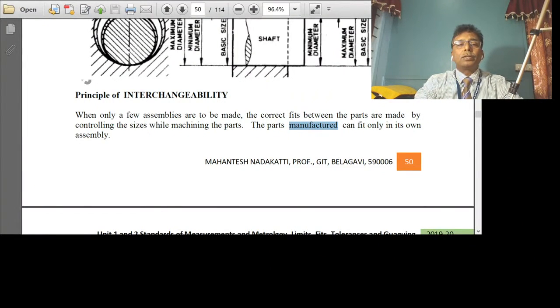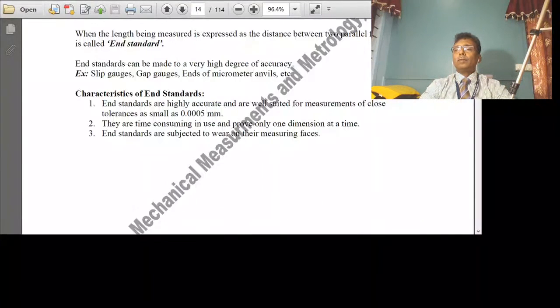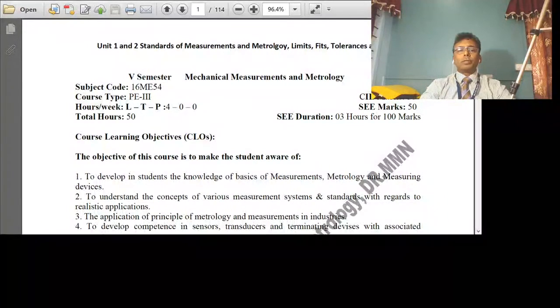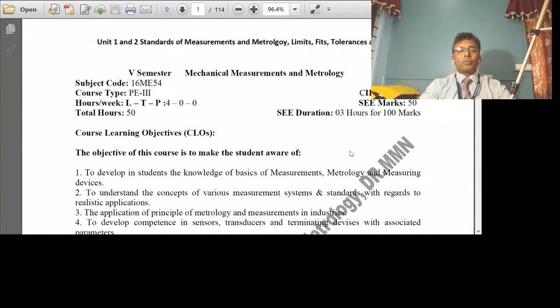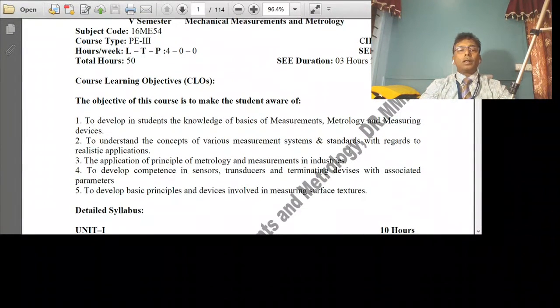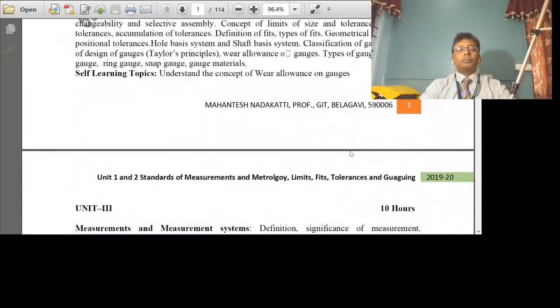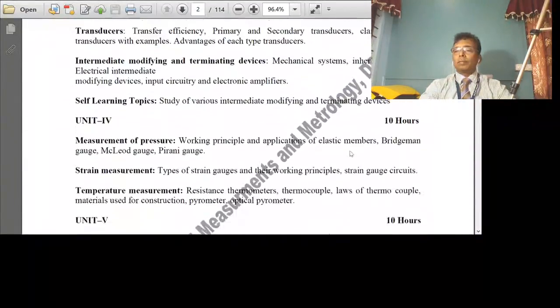Okay. In this, first question: define metrology, state and explain objectives of metrology. I think we have already defined what metrology is, what the importance and the objectives of metrology are. If you wish, I can just go through this PDF file, have a look at what metrology is and what the objectives are. Just a minute.